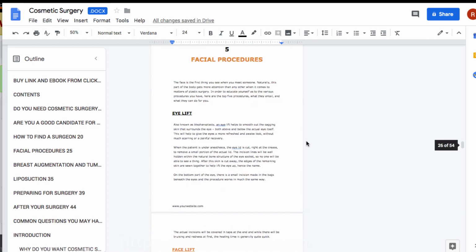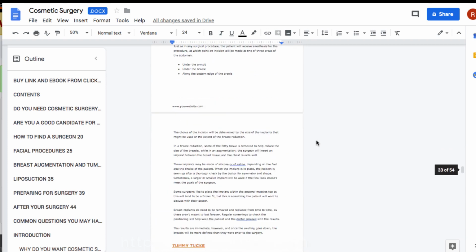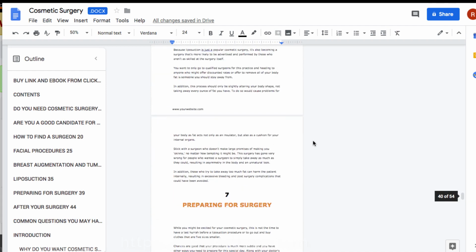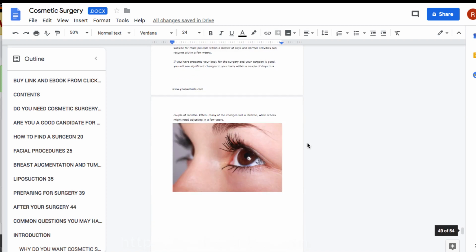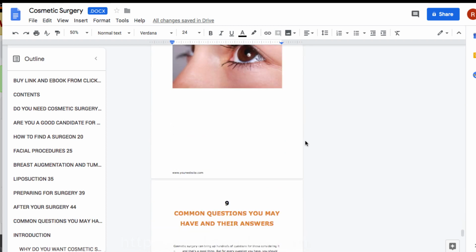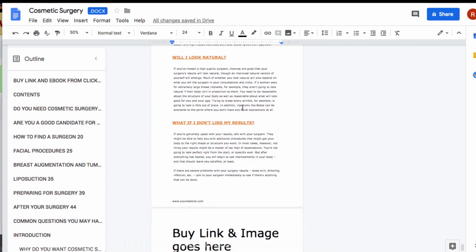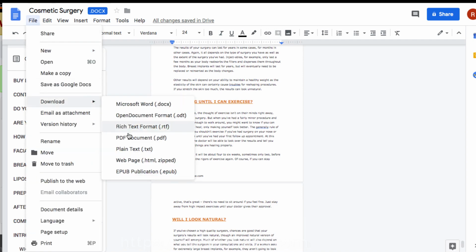There's another picture there. And of course you would make it more relevant to what you got. And we just grab some of those surgery guys. And then right at the end, you would do the same. It's quite a long ebook. You might want to even cut it up. And there we go. So there you go, same at the end page. We want to add another buy link and the image to that ebook or whatever would go here. And then the last thing to do would be to go up to the file and we download it as